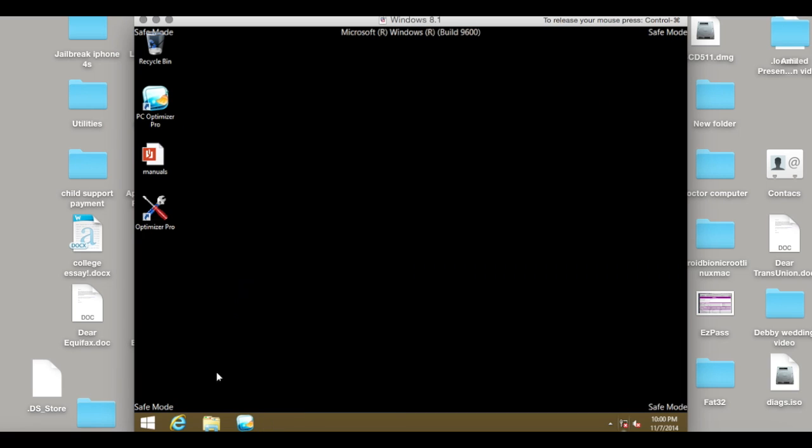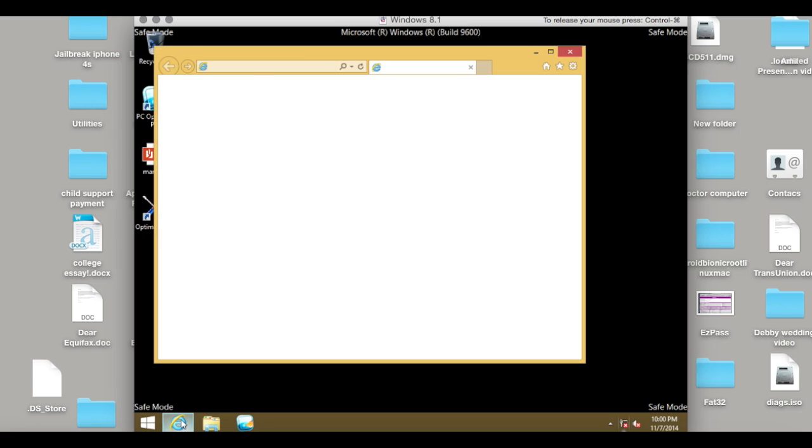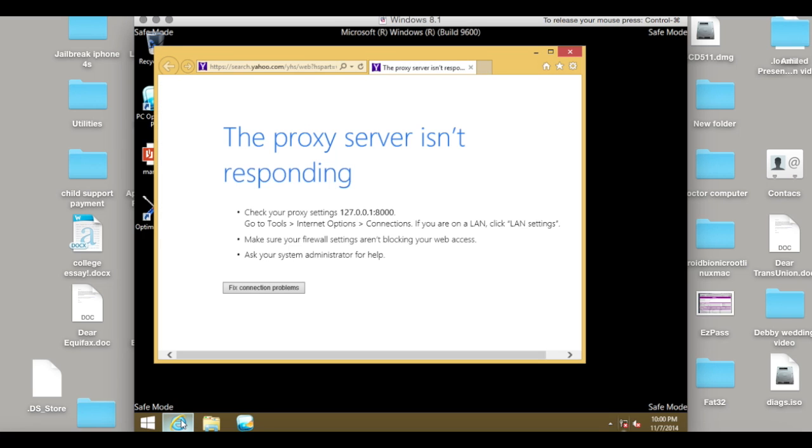What we have to do is download our normal tools. So let's go to Internet Explorer. But as you can see, it's blocking me. You might get this depending on what browser you use. I'm using Internet Explorer right now because